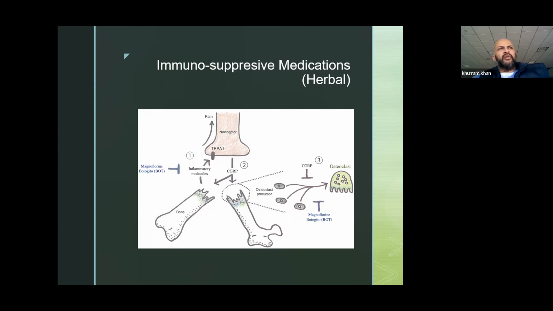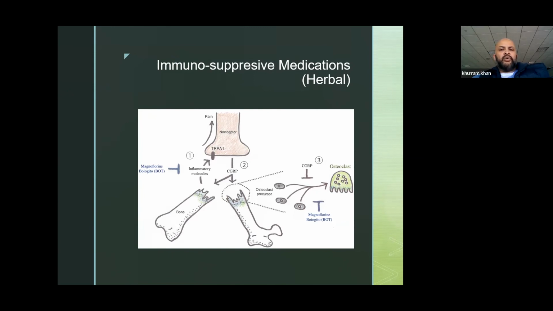CGRP. So some of those medications are present currently, although they have not been tried so frequently for complex regional pain syndrome, like the anti-CGRP for migraine headaches. Those have been tried, but with variable results, and have not been approved by the FDA, as well as TRPA1 capsaicin actually helps at that level and at that checkpoint.